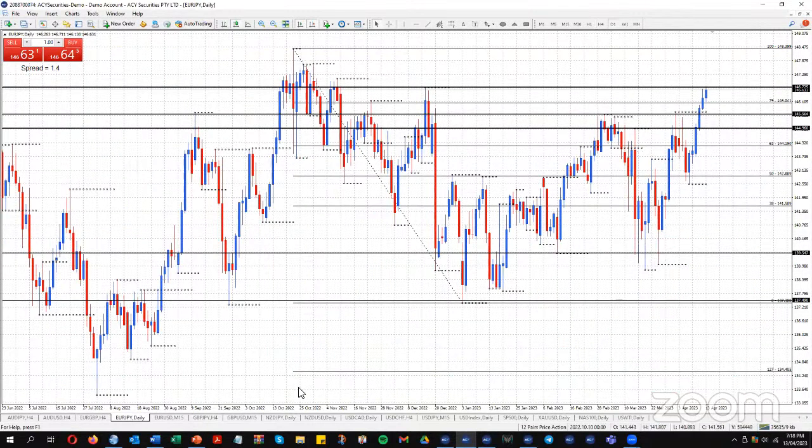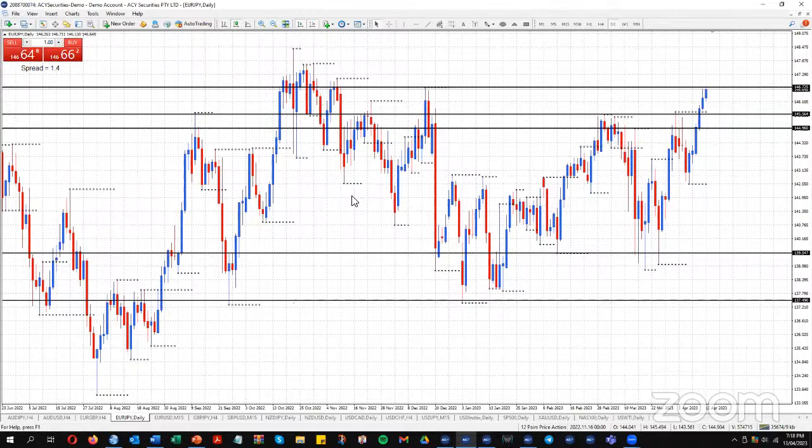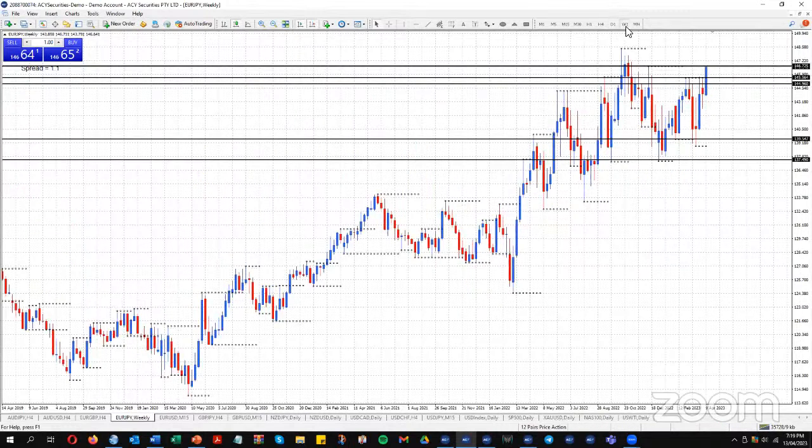Now the euro yen is coming up to test this major high today. I'm just sitting on my hands at the moment. It's looking strong, but I'm not going to buy right now into that top. If we have broken above this top, long term, this top should become support. So this double top area that we've broken above should be support. If you're thinking the euro yen's going up much higher for the longer term, it's going to drop to the weekly chart.